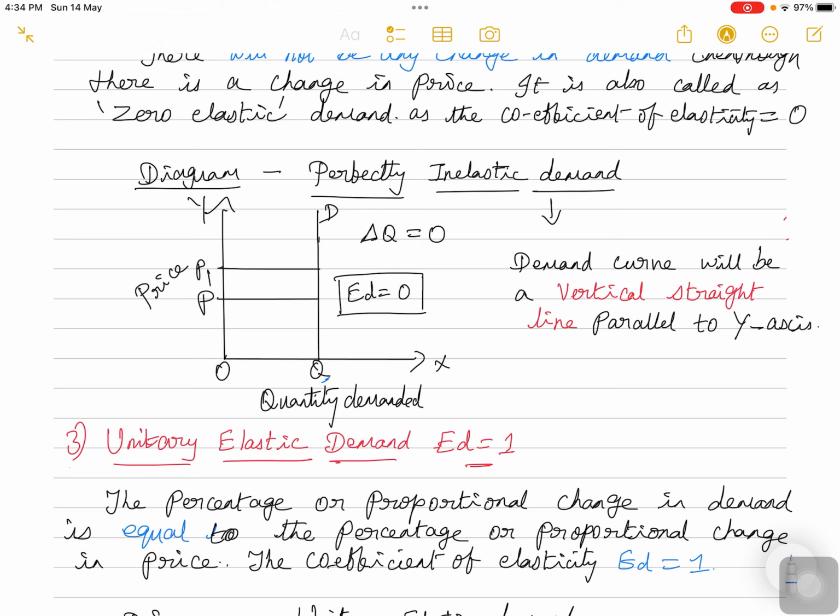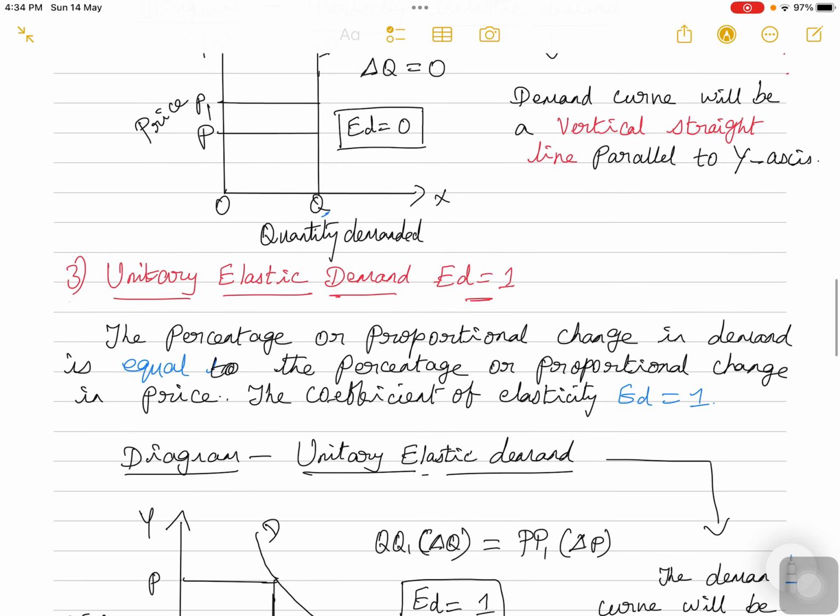The demand curve will be a vertical straight line parallel to the y-axis. For perfectly elastic demand, the demand curve will be a horizontal straight line parallel to the x-axis. For perfectly inelastic demand, the demand curve will be a vertical straight line parallel to the y-axis. Okay, so these are the two extremes, and we have the middle position, that is the third one,